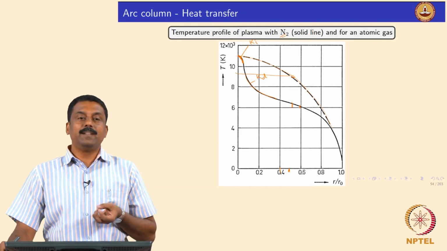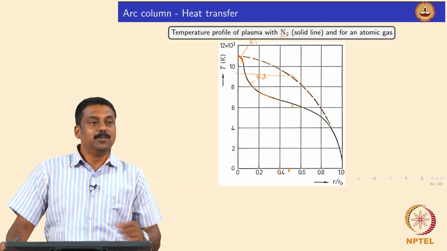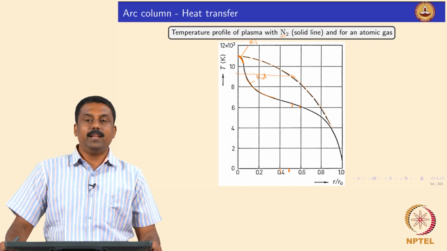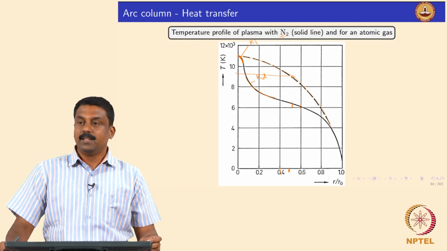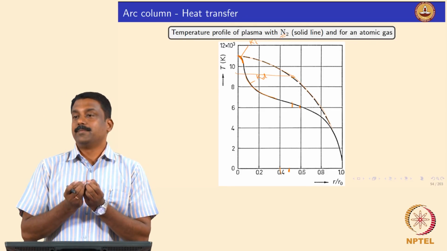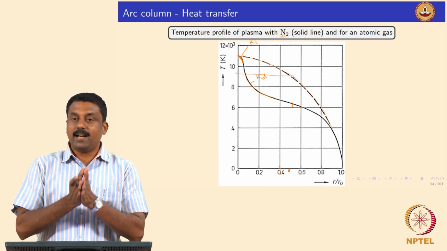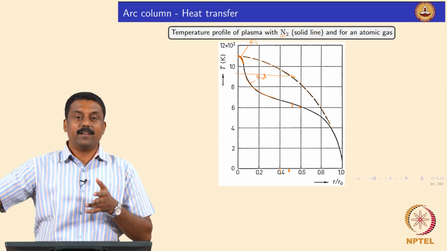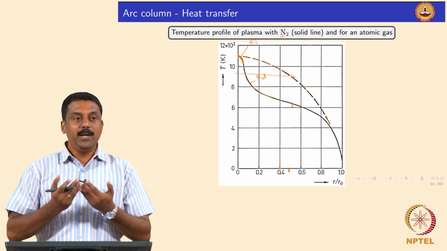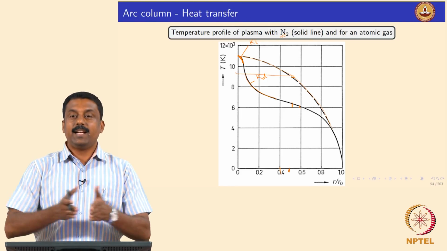So, we often see mixing of diatomic gas as a shielding arcing gas to control the heat in the arc. Similarly, if you use diatomic gas, heat is also effectively transferred. It is not only concentrating at the middle, isn't it? Because the dissociation can effectively transfer the heat from the center to elsewhere. That is what it shows here, isn't it? It not only reduces the temperature of an arc, it also effectively conducts the heat from one place